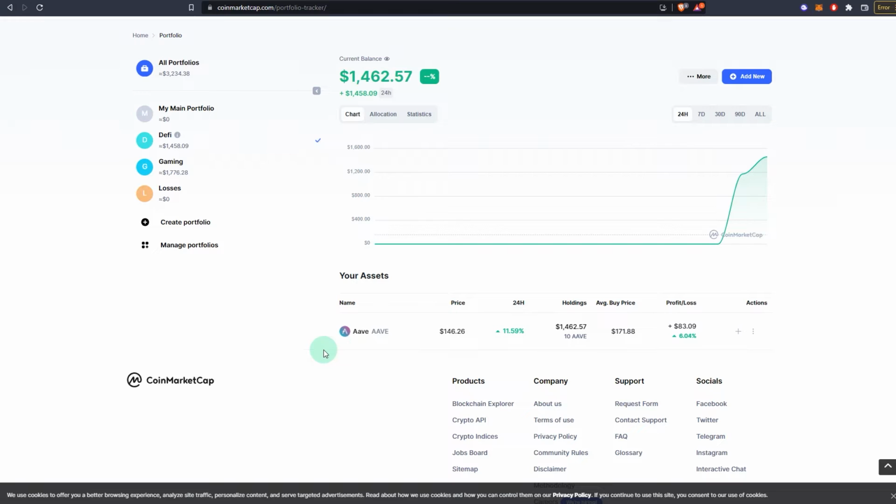So for example, Aave, at the moment, I'm in profit. So if I decide to sell everything, technically I am in profit, right? So how do I track my losses as well, or gains for tax purposes? Gains are easier because if you sell it for profit, what you need to do is you go here, and